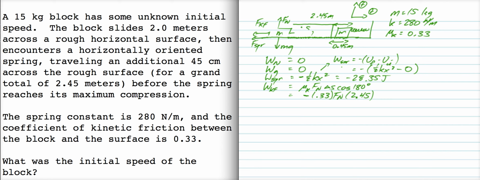Now the normal force in this problem, if I sum all my y forces, the normal force is just equal to gravity. Okay, so that's just 147 newtons. There's no other vertical forces in the problem. So this works out to be minus 118.85 joules. Okay, so the work energy theorem tells me that the sum of the works by all the forces